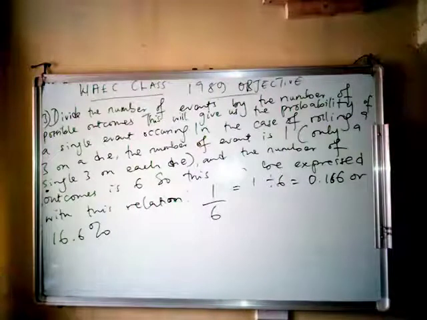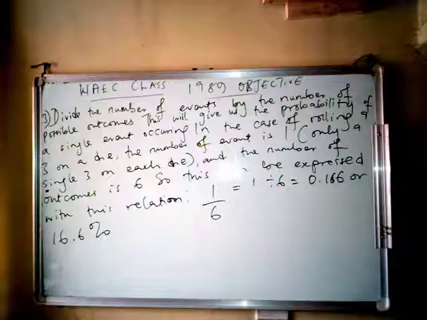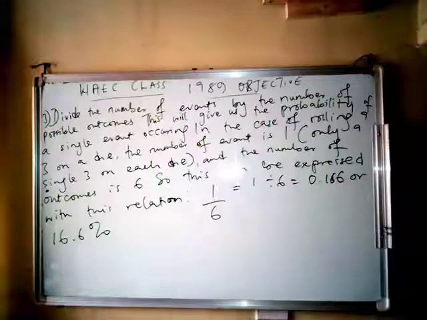So if we can continue, you have a third way that you can solve probability: divide the number of events by the number of possible outcomes. This will give us the probability of a single event occurring. So let's look at the case of rolling a 3 on a die. The number of events is 1